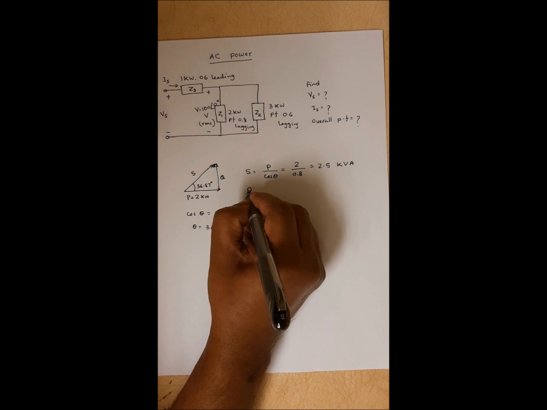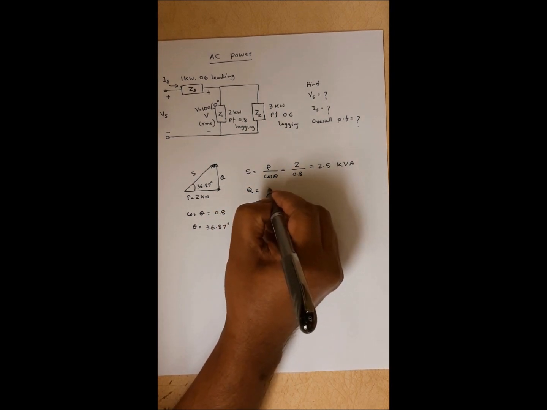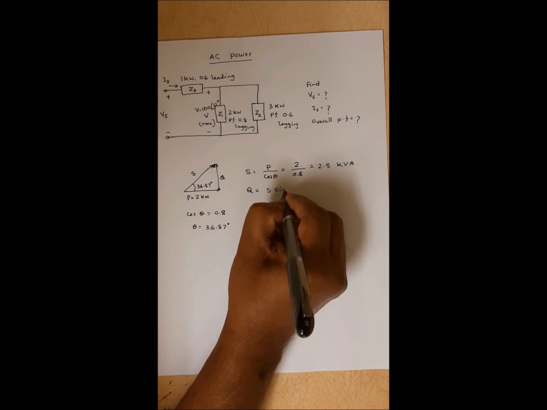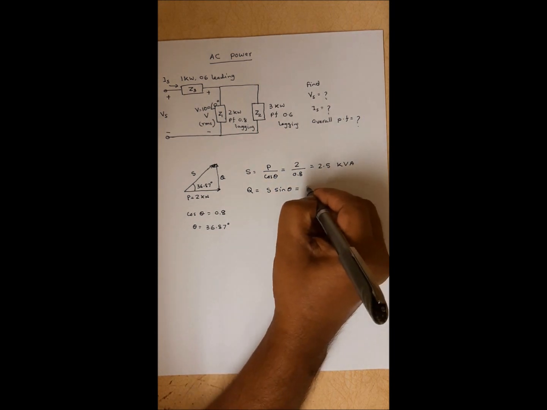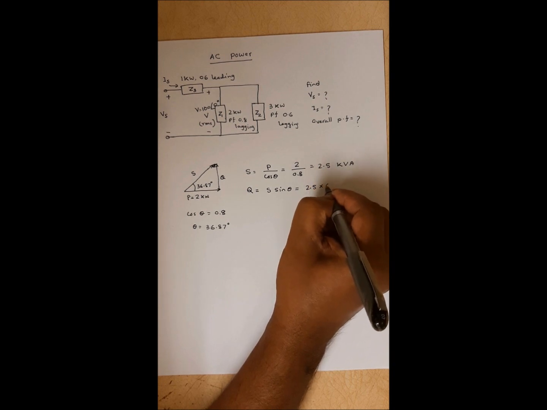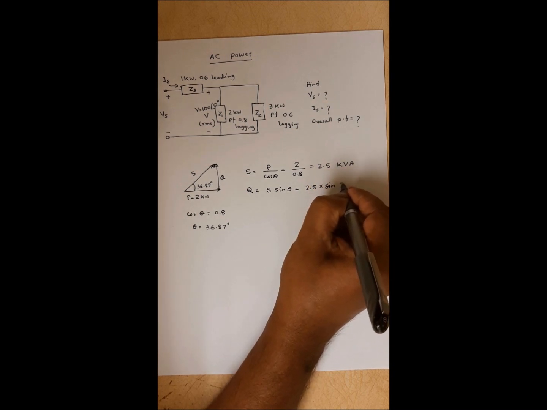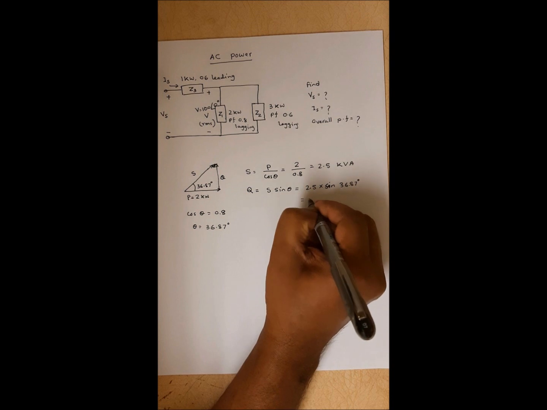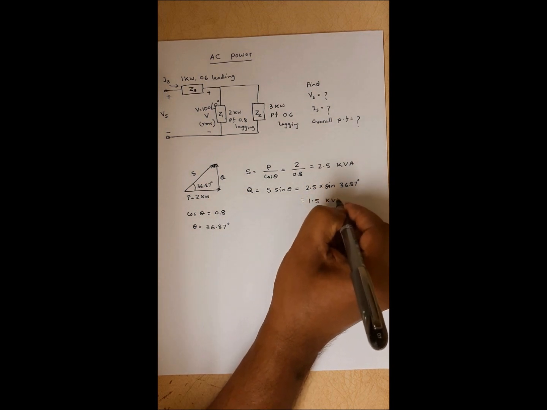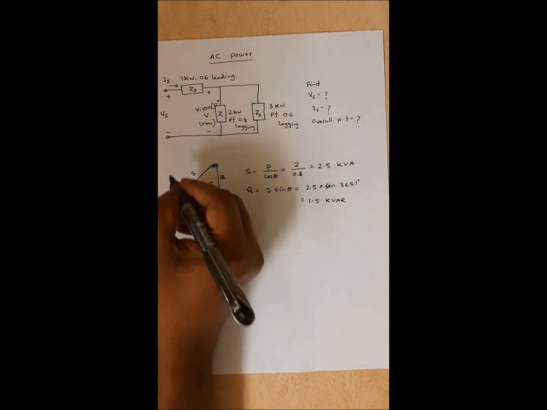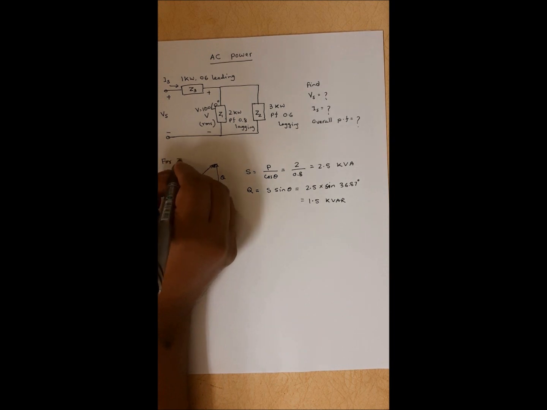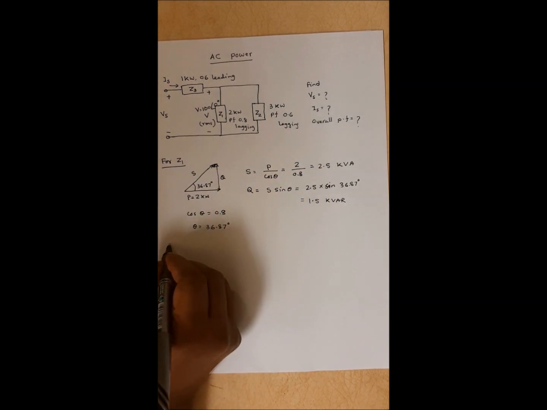You also can find Q if you want. Q will be S sin theta. So S is 2.5 and sine 36.87 degree, so it will be 1.5 kVAR. This is for Z1. Similarly for Z2,